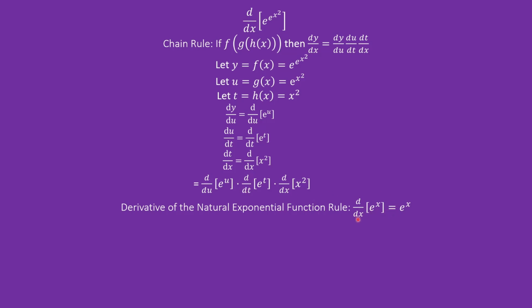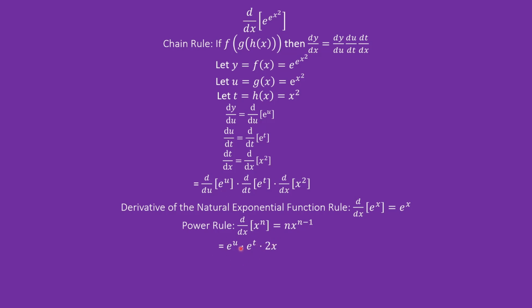So we apply the exponential rule for derivatives, which is e to the x. We take the derivative of e to the u and e to the t, which results in the same thing. And we also have the power rule for the x squared. Note that n is equal to 2, so 2 minus 1 is 1, and at the bottom over here it can be 2. Once we do this derivative and apply it over here, where we left off with this,